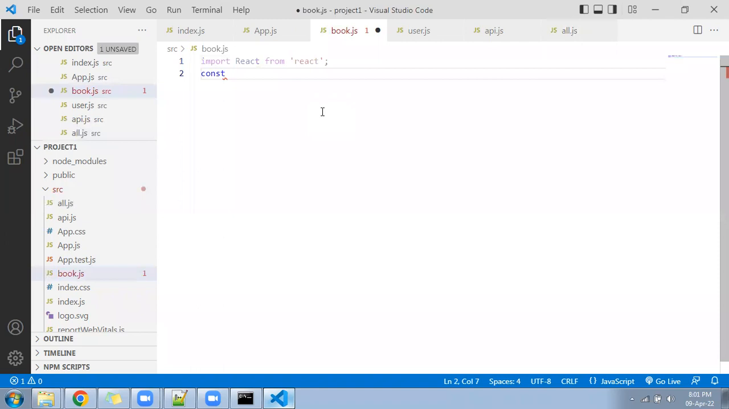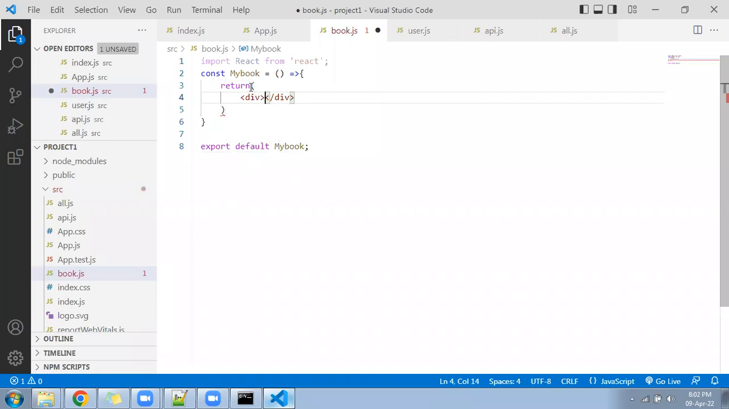So, const my book, add an arrow method, come inside. Export default my book. Return a division, className equal to